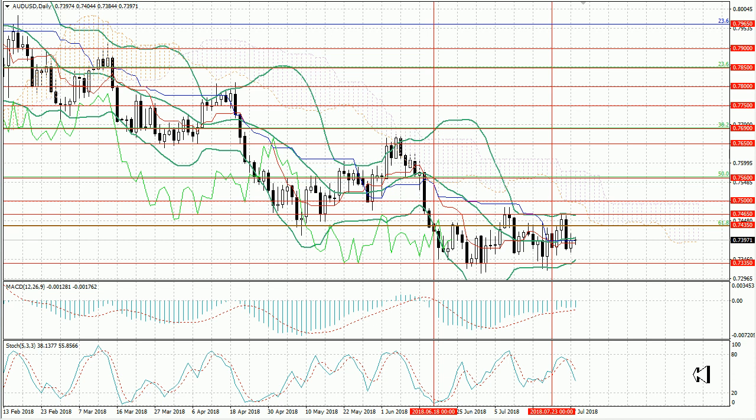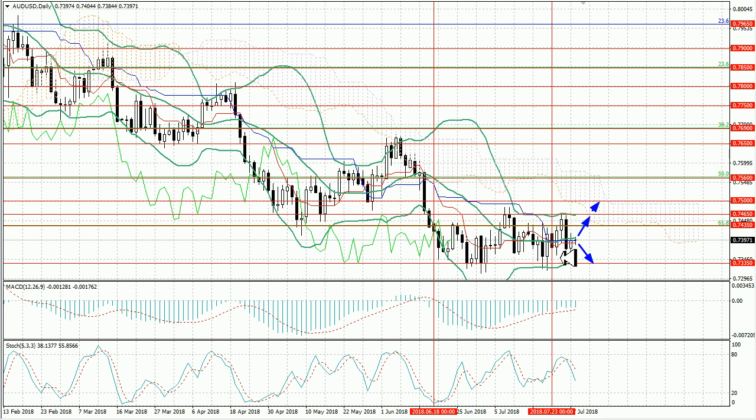Last week, the pair AUD/USD showed ambiguous dynamics and currently is traded at the center line of Bollinger Bands at the level of 0.74. If it is broken out, the growth may continue to the levels of 0.7465 and 0.75. Otherwise, the price may return to the lower limit of the sideways range, to the level of 0.7335. Technical indicators do not provide a clear signal.